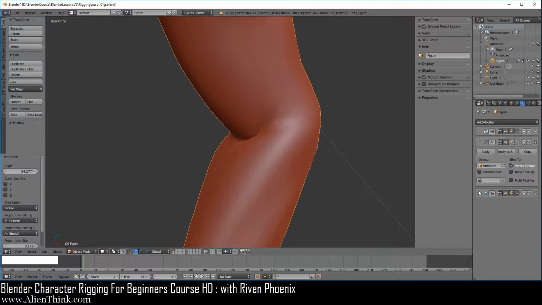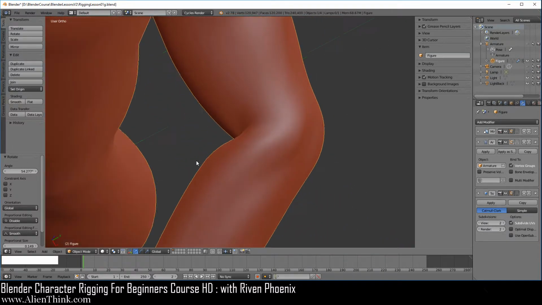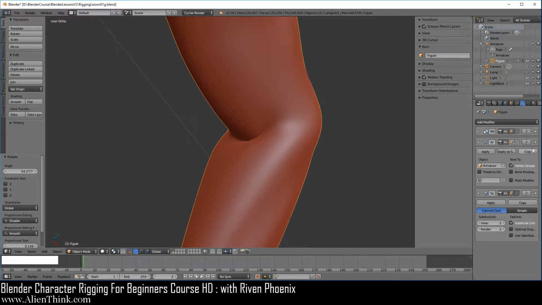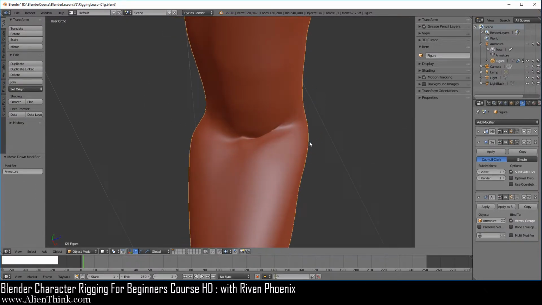Now if we click over here on the subdivision surface and increase this to 1, we can see that we get very nice deforms here on the joint for the arm over here. Okay, now notice what happens if the armature was below the subdivision, you'll see that it's not deforming correctly, right?